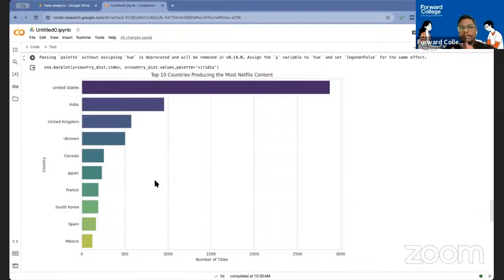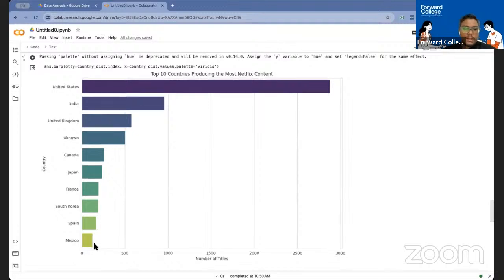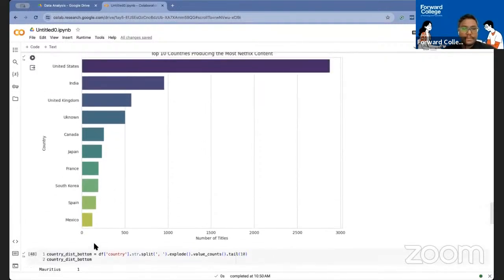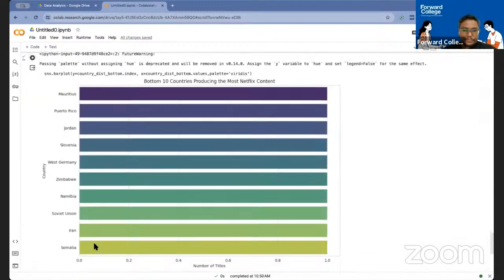From here, what we can understand is that the most content-producing country for Netflix is the United States, which means they have a lot of content created, accumulated over the years. And within the top 10, Mexico is under the 10th spot. So this is basically the analysis that we can get. Okay. Now,